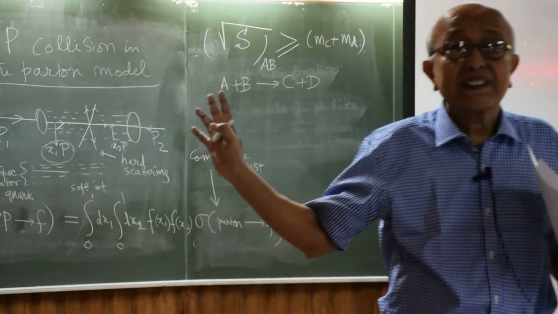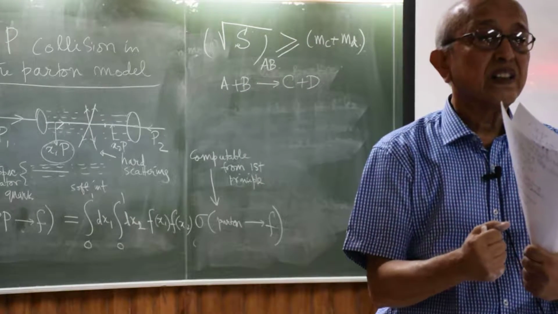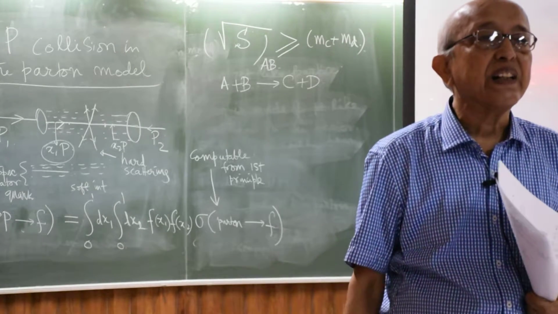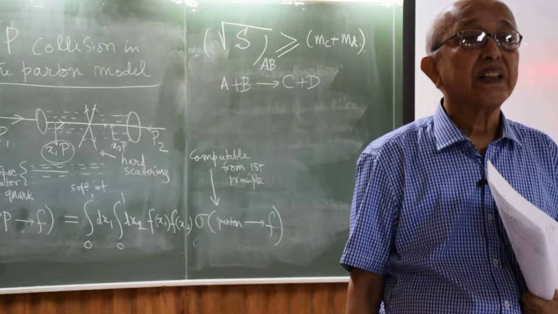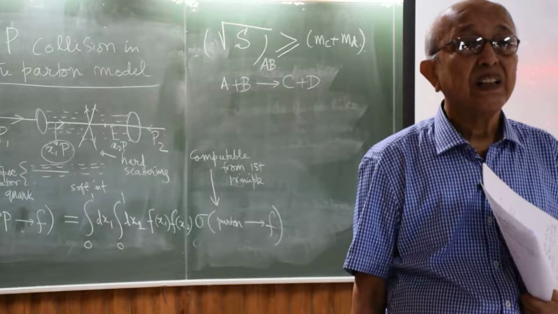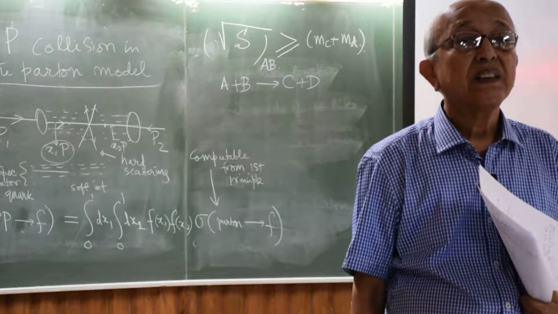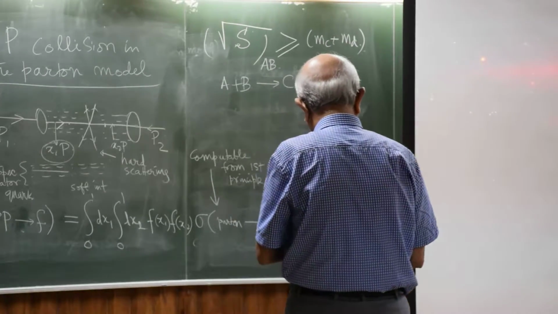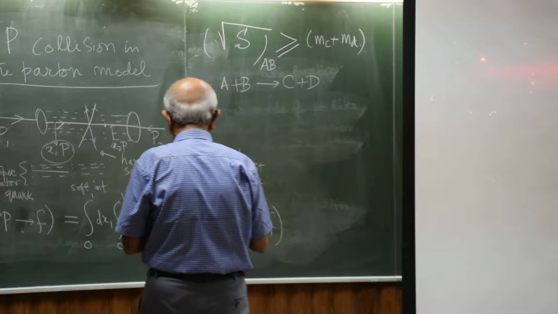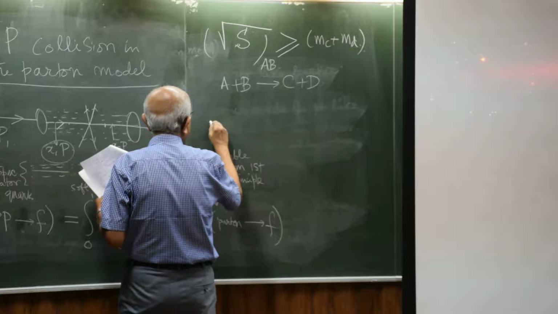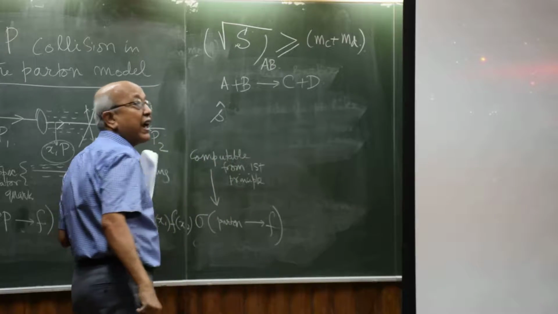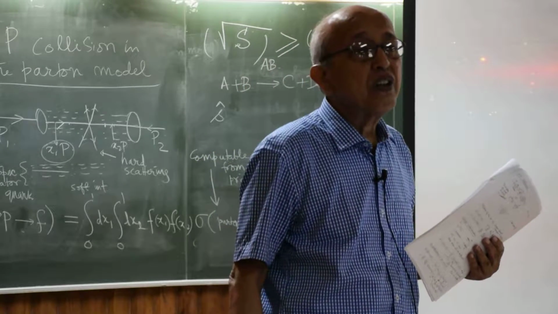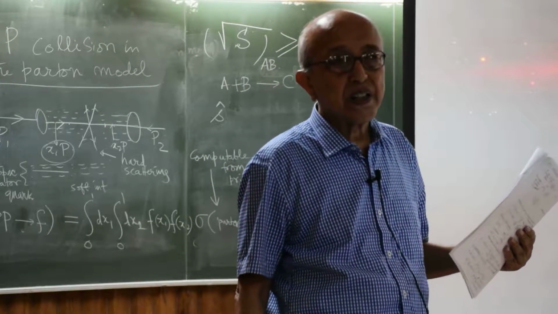However, in this case, it is the partons which are colliding, right? Not the protons. Therefore, first we have to find the parton center of mass energy in terms of the proton center of mass energy. This is the first task, and this calculation is fairly straightforward. So let me write a quantity called S hat. Whenever I have a hat, it means that it is a parton center of mass quantity.